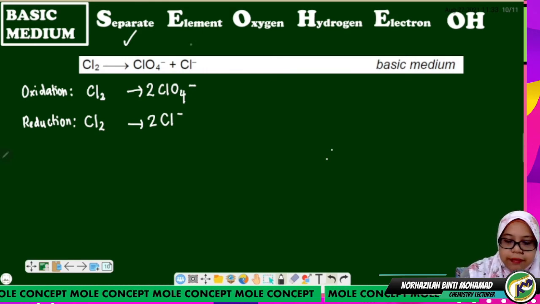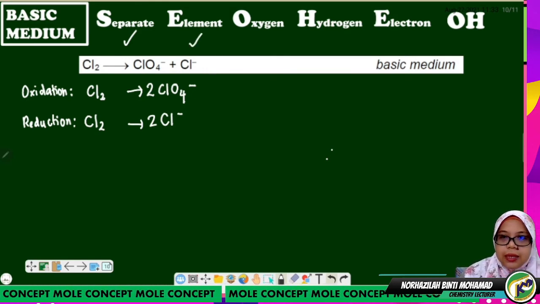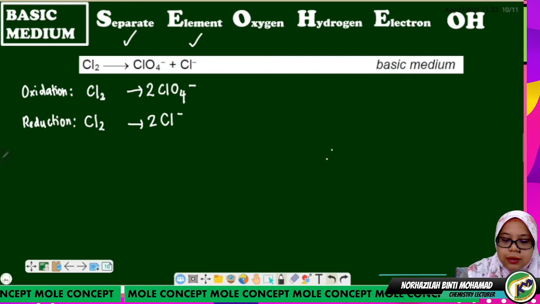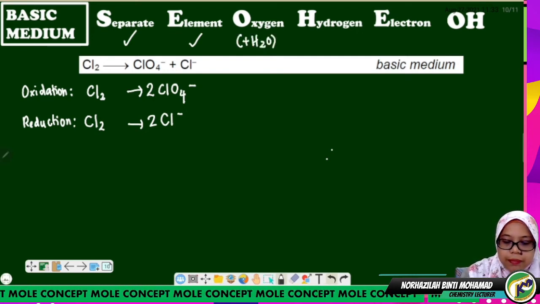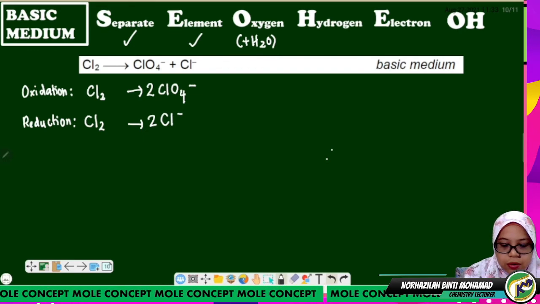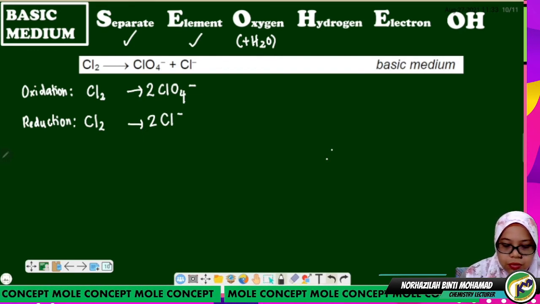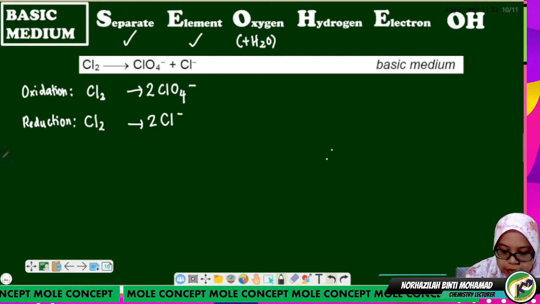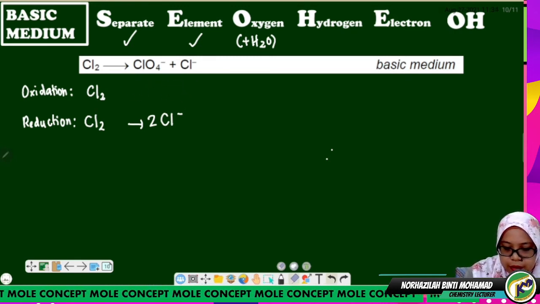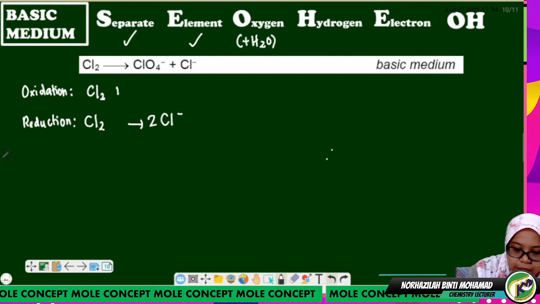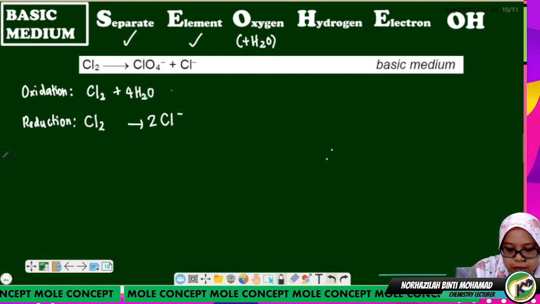Okay, I have balanced the element, and then to balance oxygen we need to add H2O, remember. So on the oxidation I need to add 4H2O. Okay,